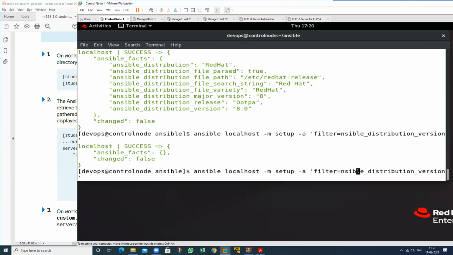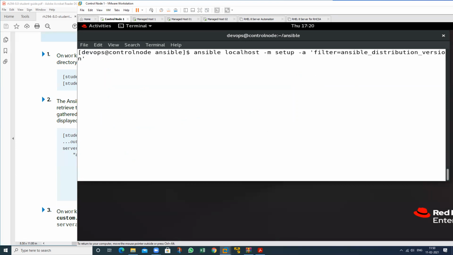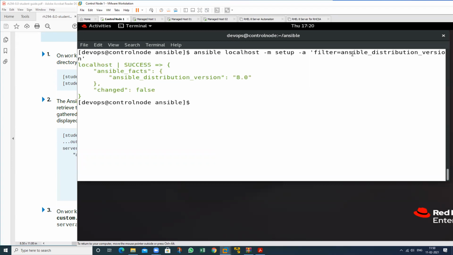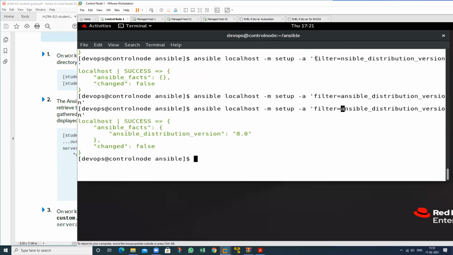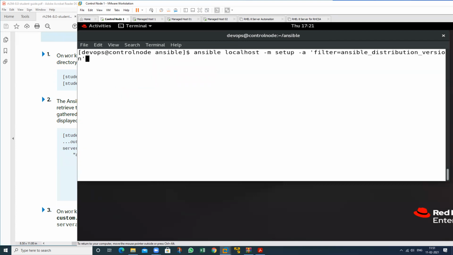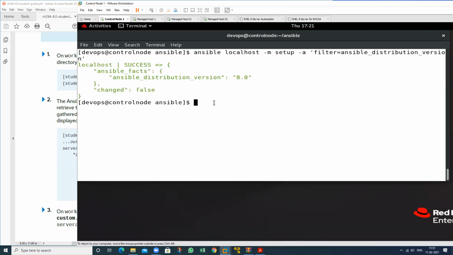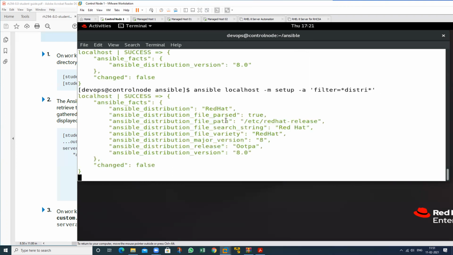Okay, I have missed the A here. Which one? A. Sir, you have mentioned A earlier also, no? No, A in this file. In this spelling you have a mistake, Ansible, because that is not copied. When we copy this one, the start is missing. Okay. So if you want to check which version we are using, this one. And if you want to check all the information related to this one, this is my distribution, major version, variety, release.